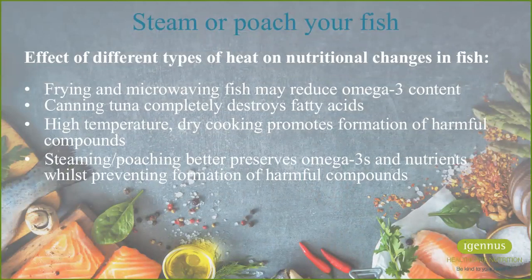All right, so there are multiple benefits to eating fish. For example, the protein content, the omega-3s, the vitamin D, and the minerals. But how we cook fish actually affects how many of those beneficial omega-3s will be retained at the end of the cooking process. The studies have shown that cooking methods that use high dry heat destroy quite a lot of the omega-3s. So for example,